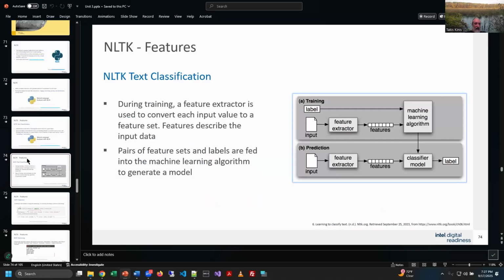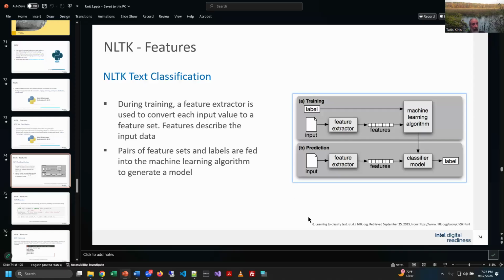So how does it basically work? During training, they have what they call a feature extractor that takes the input, figures out what its features are, and then puts it into a machine learning algorithm. Then that machine learning algorithm does all the classification processes, and based upon fresh inputs, we can make better predictions.